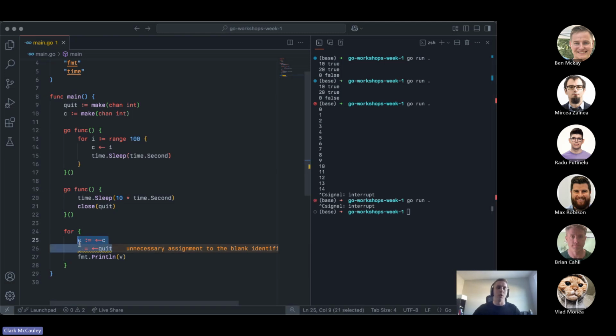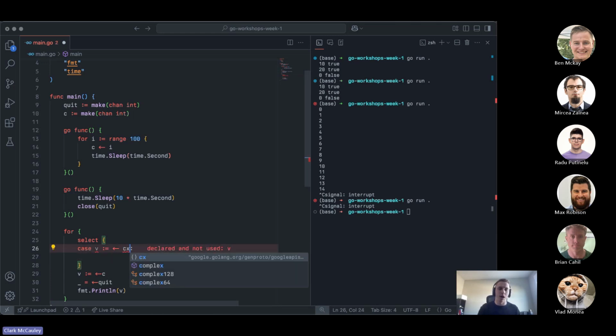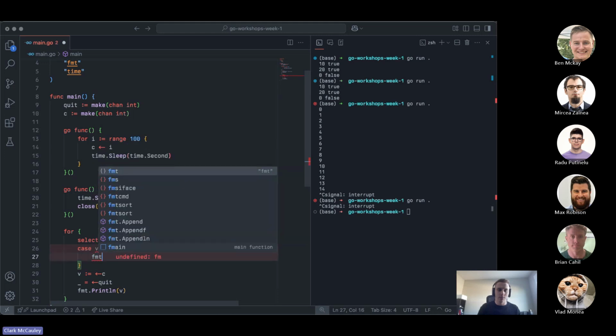So the question is, how do we wait for two values at the exact same time from two different go routines? And this is what the select is for. The select lets you provide a list of cases that it will then evaluate and take whichever one is ready. So when you're trying to do channel sends or receives in a select statement, it will go with whatever case becomes ready first. If we were to do, basically put what we had below here and print out,